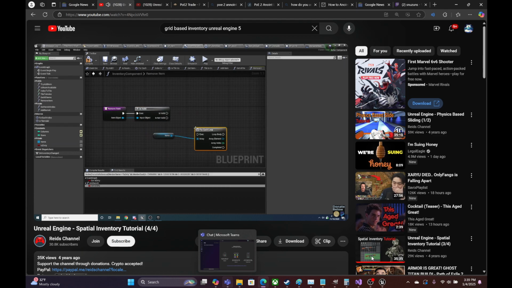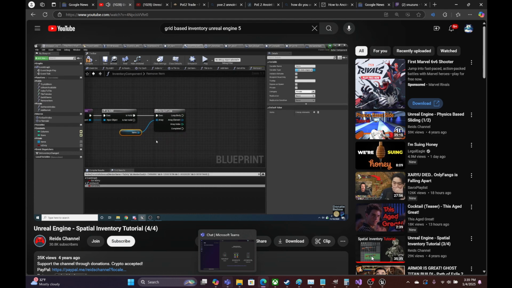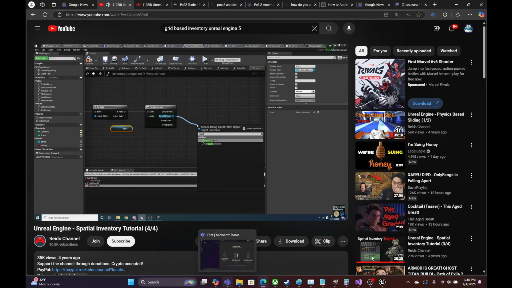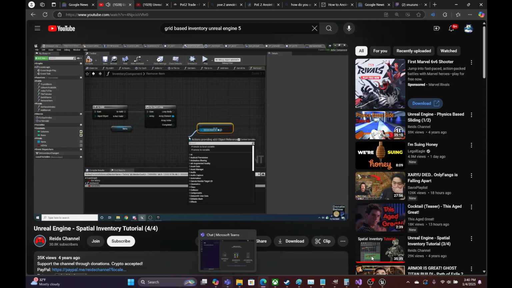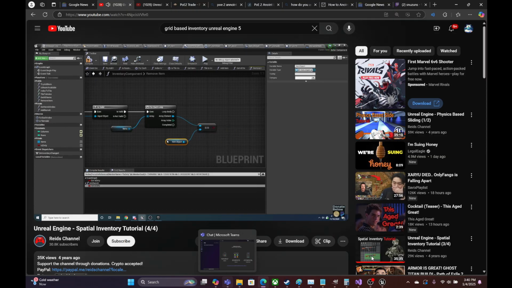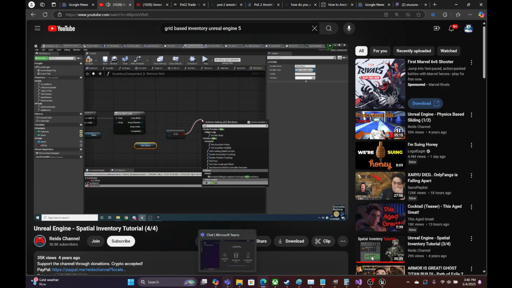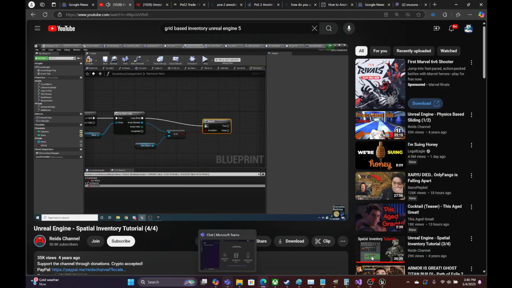So we'll say it's a for each loop. And then for each item, we basically want to check if that item equals the item we're dropping, and if it does, then we want to set it to nothing, basically, or invalidate it. So we'll say equals, and we want to check if it equals the get item object. And if it does, do a branch. Then we want to say